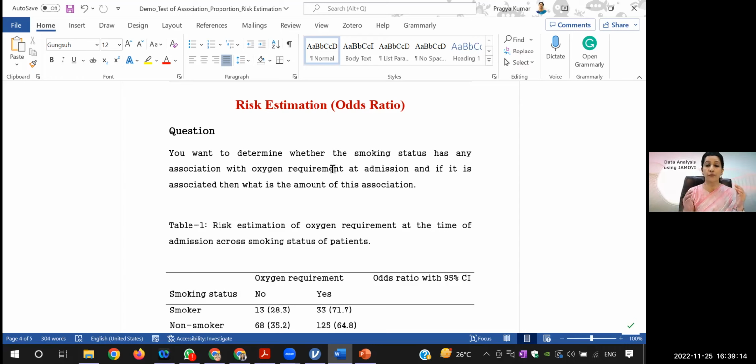In case of an adjusted odds ratio, you have one dependent variable, but many independent variables. Naturally, you cannot rely on an unadjusted odds ratio because you will not study anything in a controlled environment. An individual will have an influence of many other variables also. That's why, although we are telling you this option because it is there,